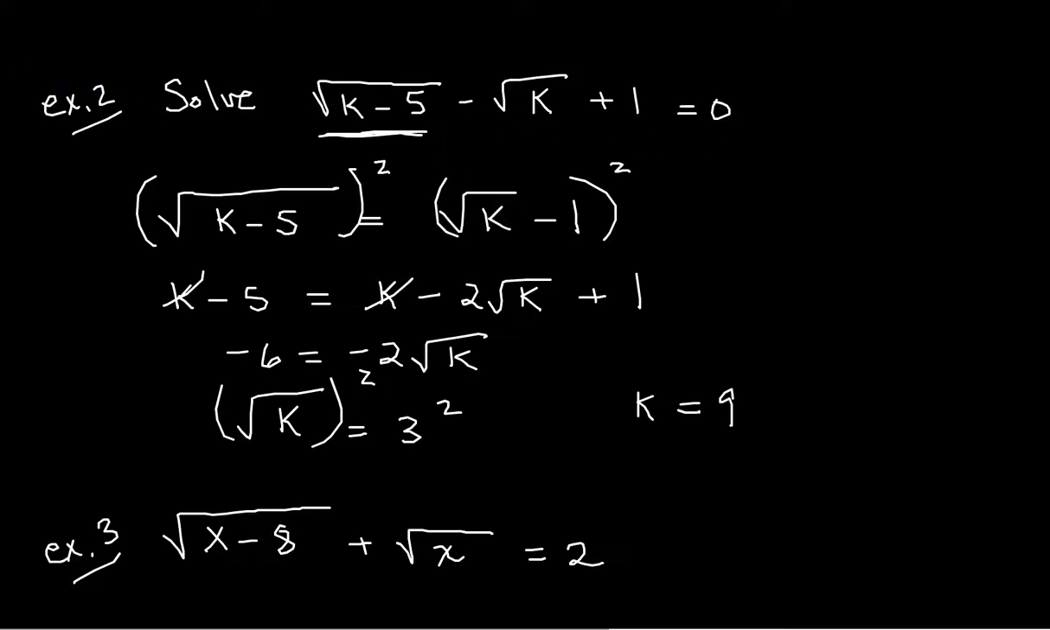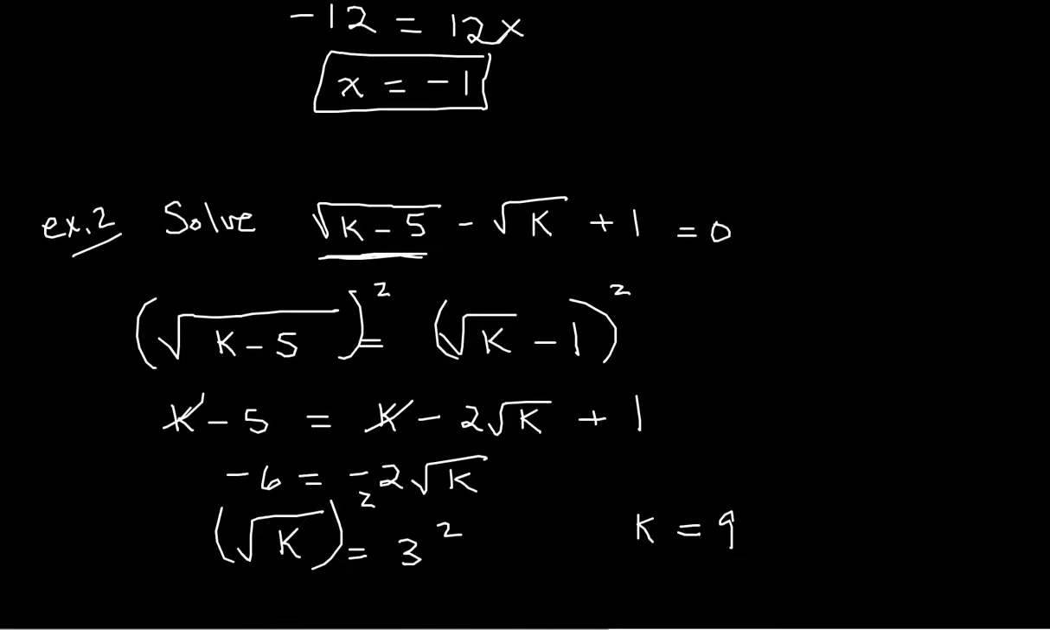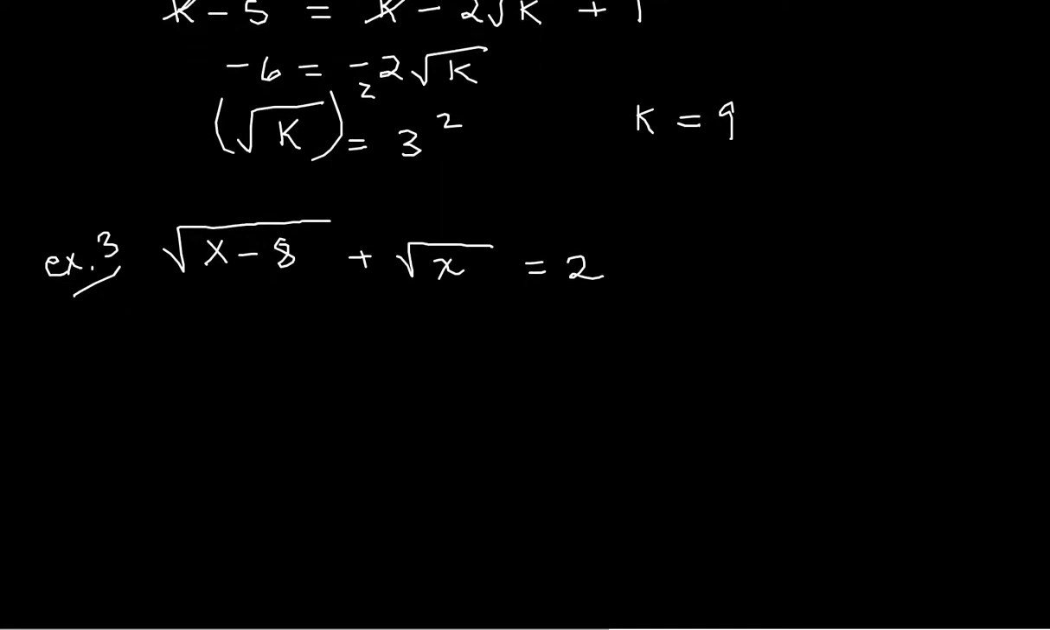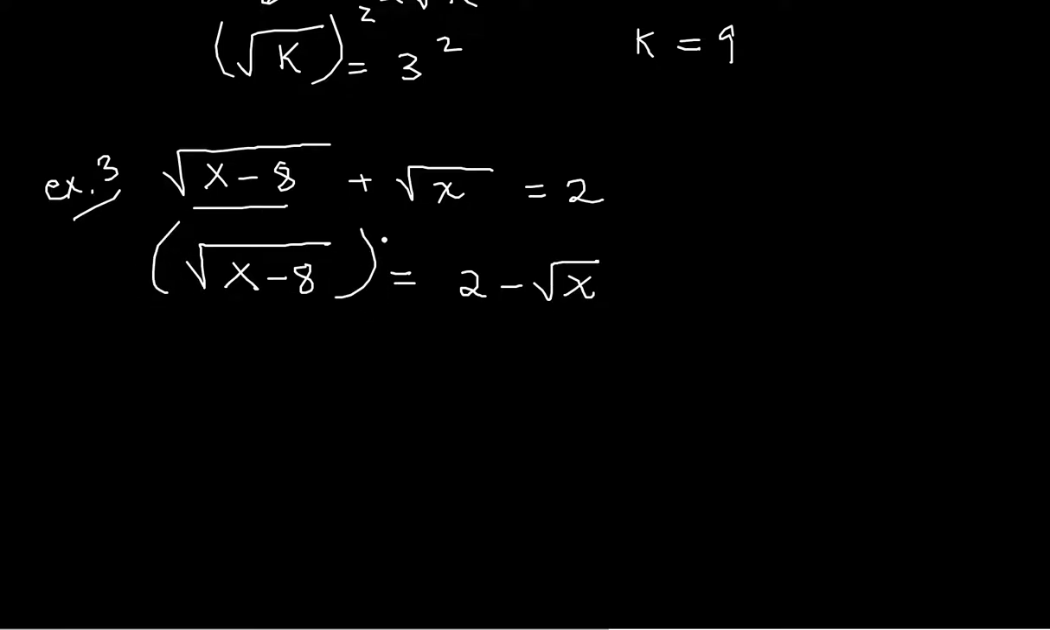So let's do our last example, and then I have the practice problems you're going to do, which is like doing your homework anyway, but I'm going to have the solution for you. Same thing, isolate the radicals. So root x minus 8, we're isolating the bigger radical, equals 2 minus root x. We're going to square both sides,